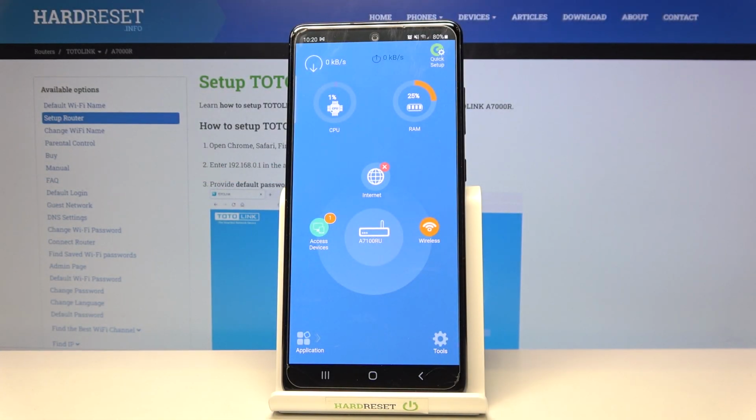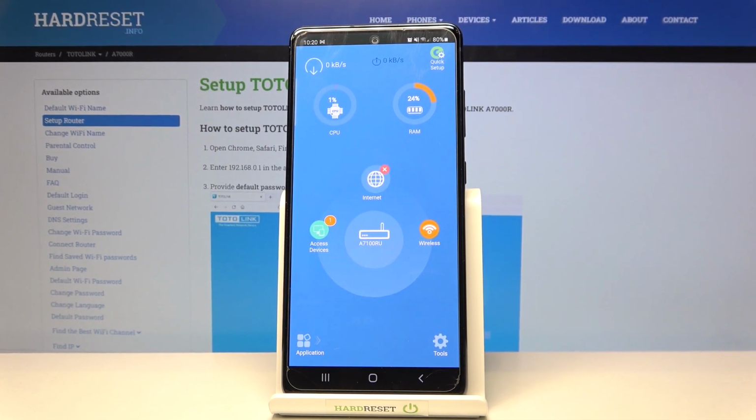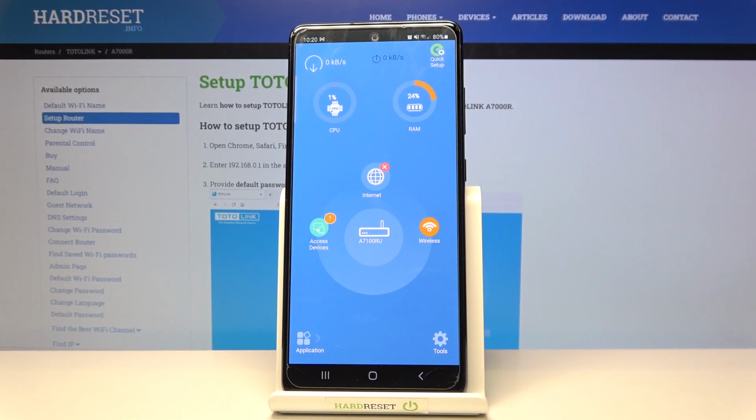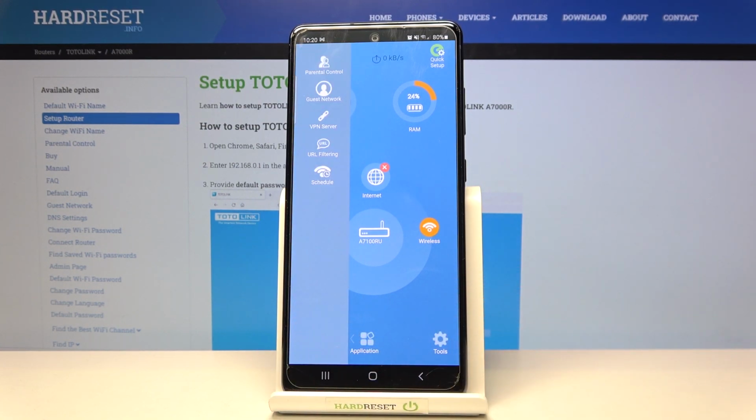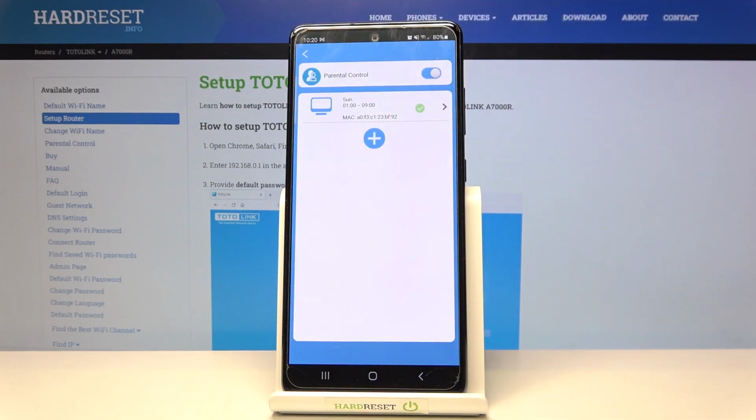Here in this video I will show you how to set up a parental control on the TotoLink router using the TotoLink app on your smartphone. You need to open the app, and when you are logged on the main site you need to click on the application, then go to the parental control,